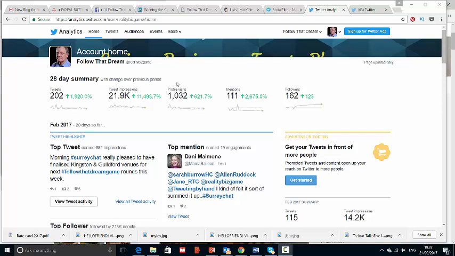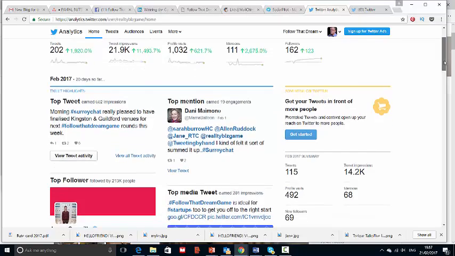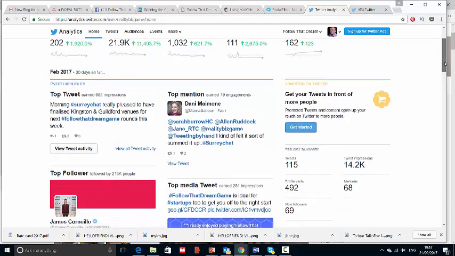So as you can see, all the metrics are going in the right direction. We're doing a decent amount of tweets per month. The impressions of the people that have seen them is good. People are visiting your profile and looking at it. People are mentioning you. And your followers have increased, well, obviously quite dramatically in the last month. So really, for an account that's only really been up and running for a month, 6 weeks, this is going pretty well.